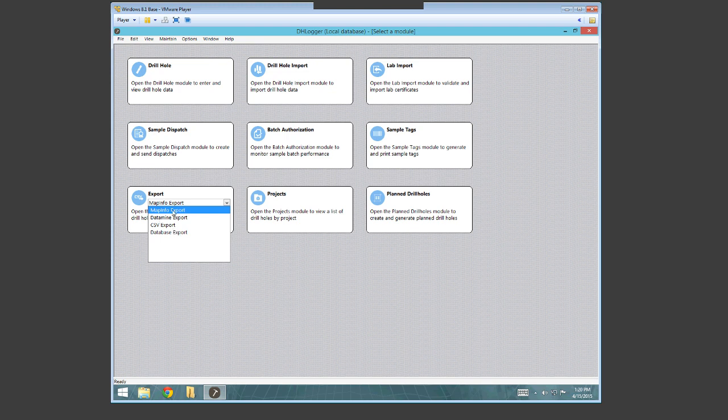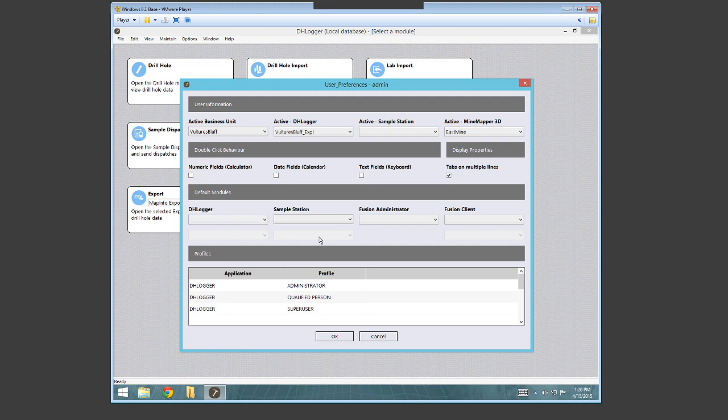So you can have a list of the built-in exports, and any custom exports that you may have specified using a Fusion Connect's workspace would also appear in this pick list. And from here, in the user preferences, the default modules is where a user can specify for DHLogger what's the module that you want it to launch into, the drill hole module. For sample station, maybe I always work in the sample tags. I'm always printing tags. In Fusion Administrator, another list of options, and for Fusion Client, just bring me straight to